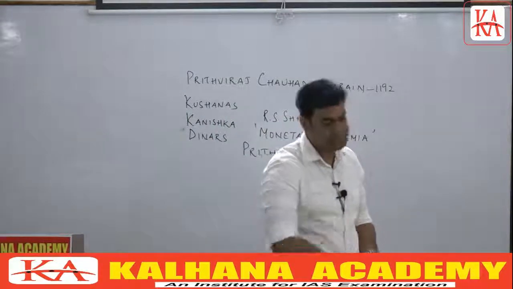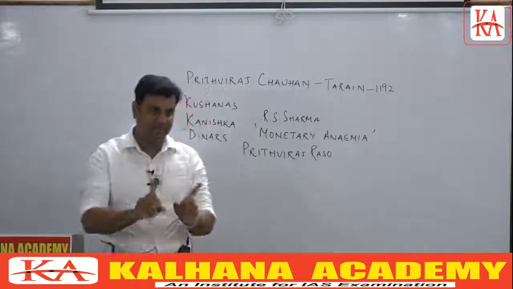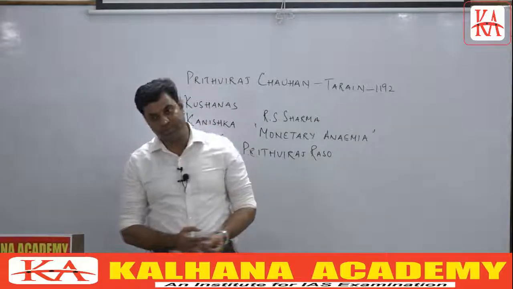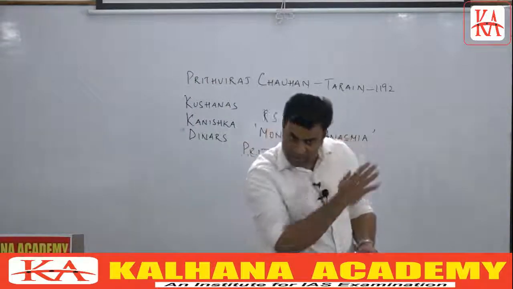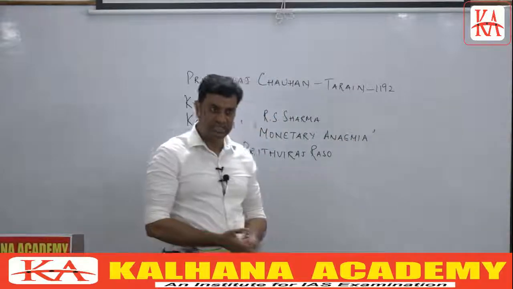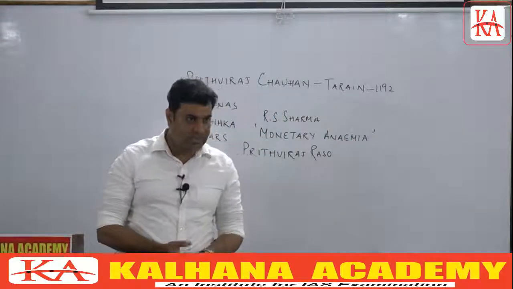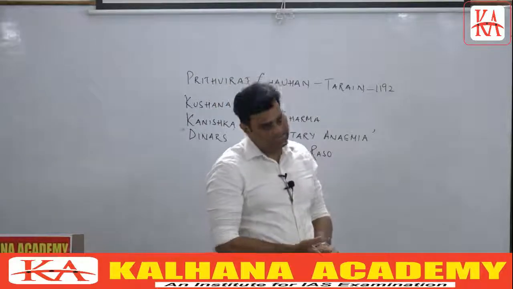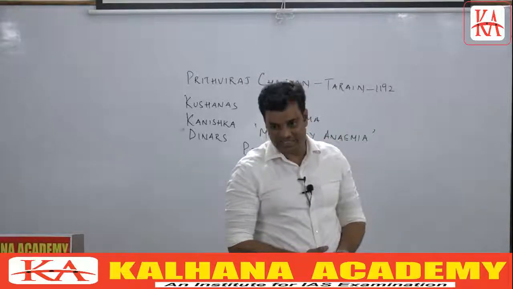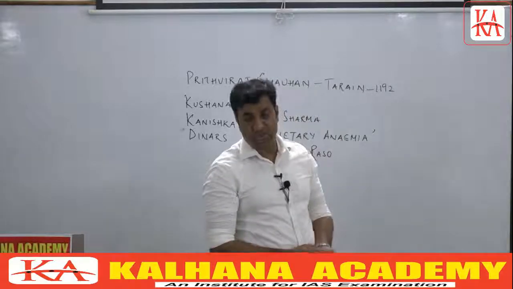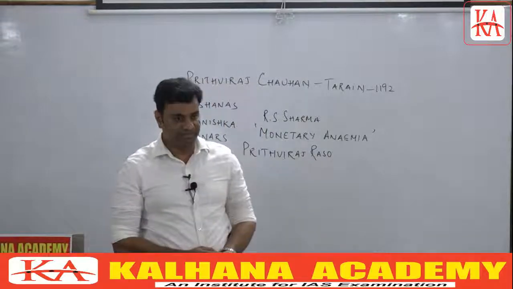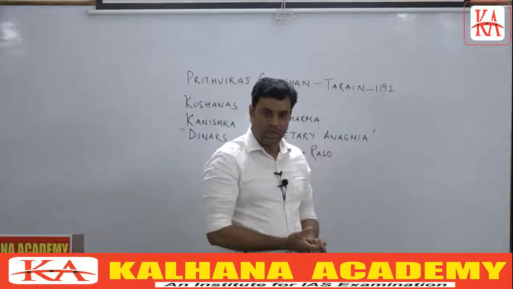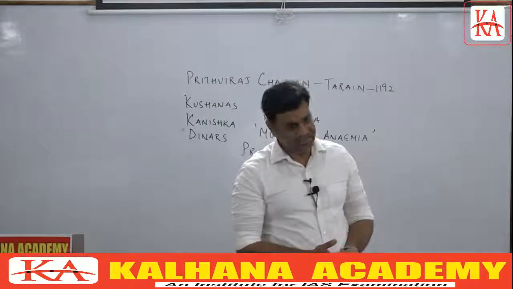Here we are looking from the perspective of sources and we are comparing it with other sources. This was another important source, that is numismatics or coins. Now we'll move on to another important dimension of sources, that is related to surviving monuments from ancient India. The most important monuments are religious monuments like stupas, followed by temples, largely in the southern part of India. We'll look into the importance of those monuments to understand historical developments in ancient India, and how far they can be used to corroborate other information available for ancient Indian history.